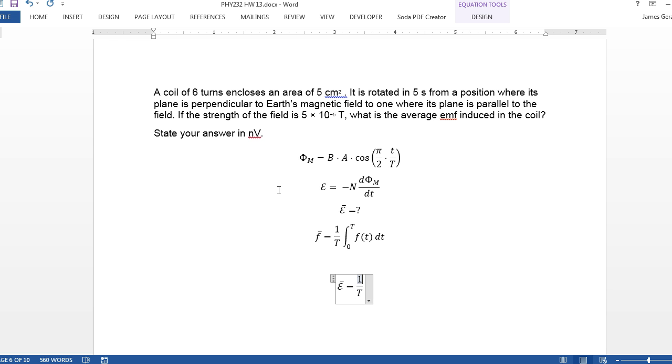So out of this integral we can go ahead and pull the minus n because those are constants, they don't change. And so we now have the integral from 0 to T of the derivative of the flux with respect to time times dt. Well, this one is really easy to evaluate because you've got the integral of the derivative and you just end up with the function, minus n times 1 over T. Okay, and so we're going to have the flux,